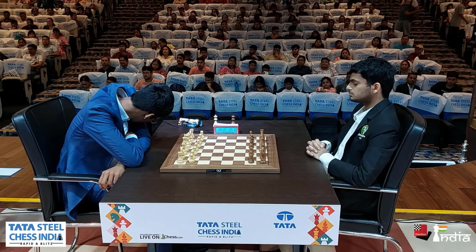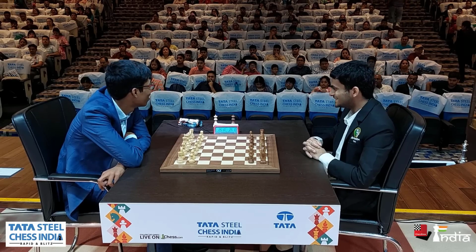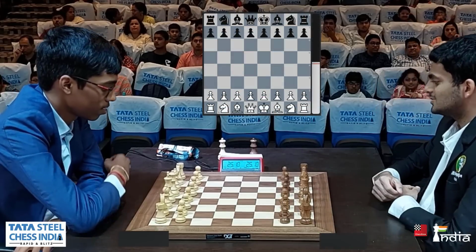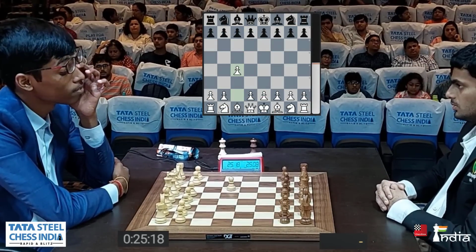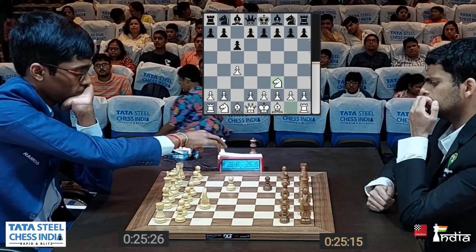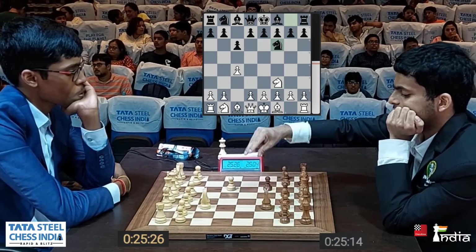Pragg with the white pieces, Nihal has black, and a shake of hands there. A small smile before that, and now a shake of hands, and off we go. C4 by Pragg, and Nihal pauses a bit, plays C6. Maybe he wants to play the Slav defense. Knight comes out to F3, Knight F6,